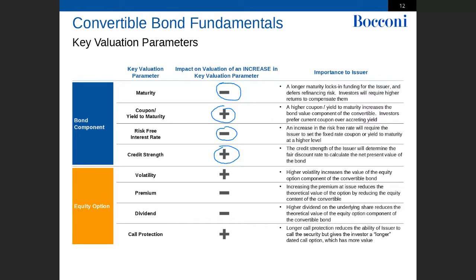So the more remote the possibility to convert, the lower is the value of the option, the call. But on the other hand, if there is a lot of volatility, the level of the call goes higher. And if the dividends are high, that is also limited, because at the end of the day, it reduces the value of the optionality embedded in the call, because the level of dividend is already there. And call protection, as we can see later, is an element that increases the equity option's value.